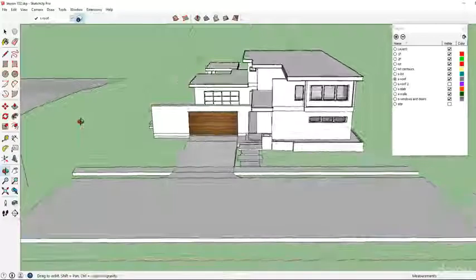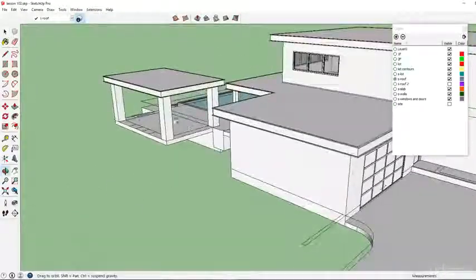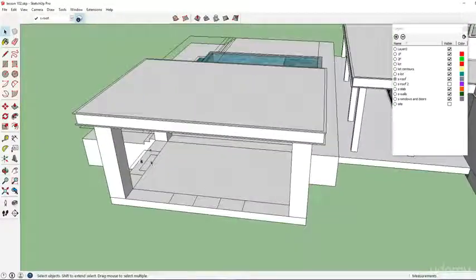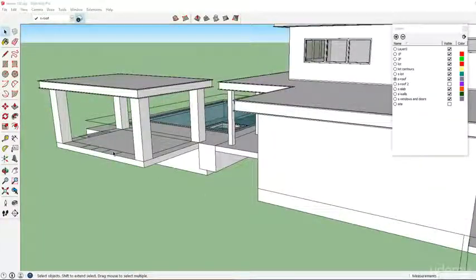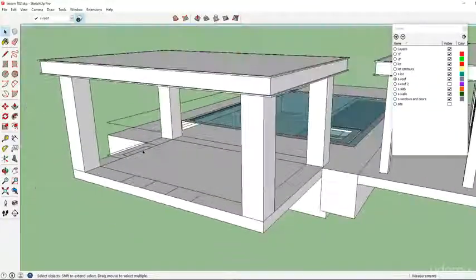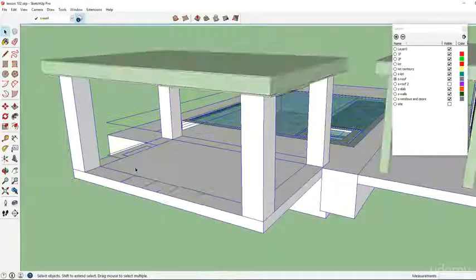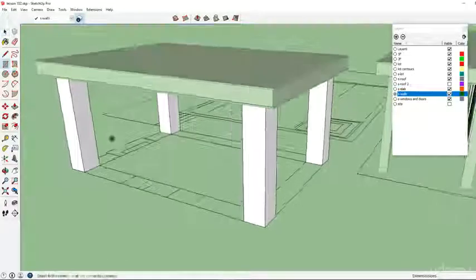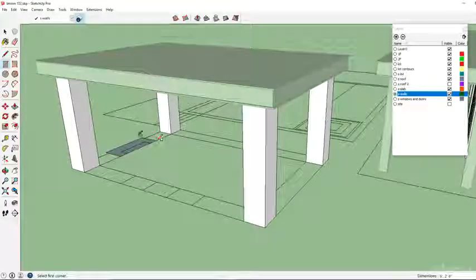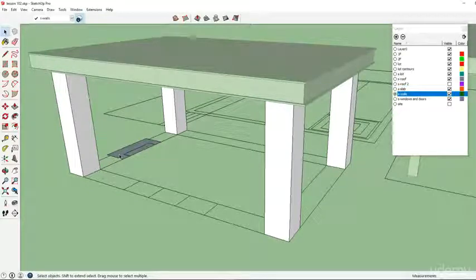Okay, so one more thing I want to create before we add materials, and that is some cabinets and a fireplace. Let's start with our outdoor fireplace here, and let me hide my slab, and let's go back to our wall layer, and I'm going to go ahead and create that surface here. Right click, make this a group,